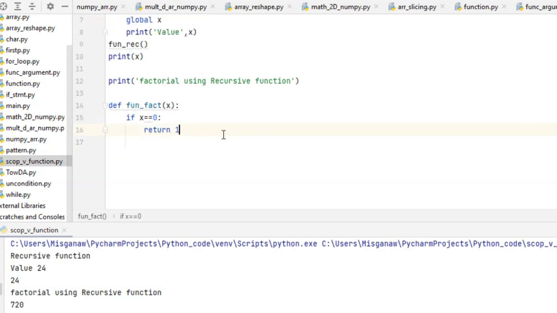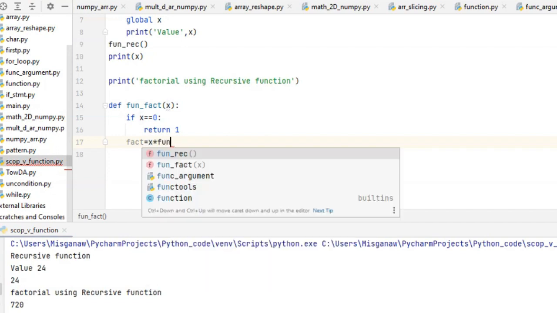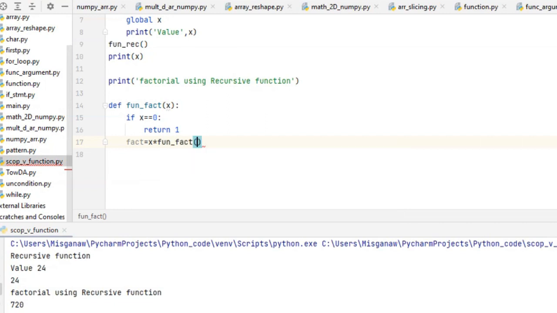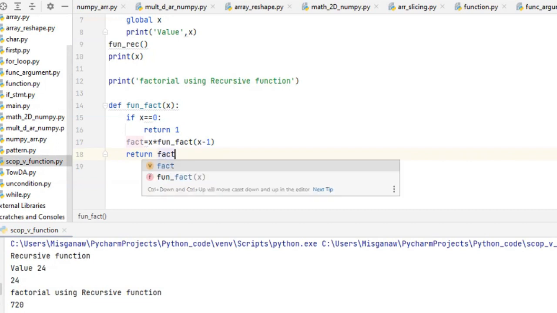If the actual parameter I pass for this formal parameter is 0, the function will return 1. Otherwise, fact is equal to x times fact of x minus 1. Then return fact.